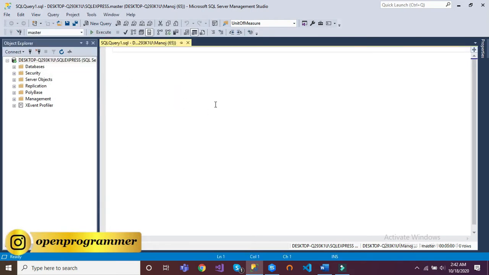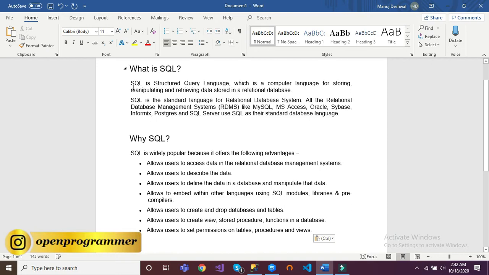Right. So we'll start with what SQL Server is first. There is some definition available on the internet, so I'm going to read it. SQL is Structured Query Language, which is a computer language for storing, manipulating and retrieving data stored in a relational database. It means we use SQL to store data in tabular form.